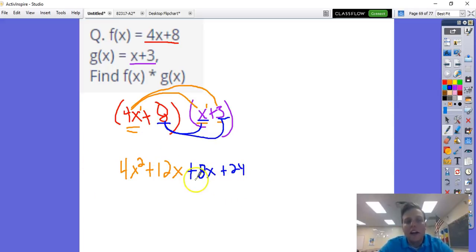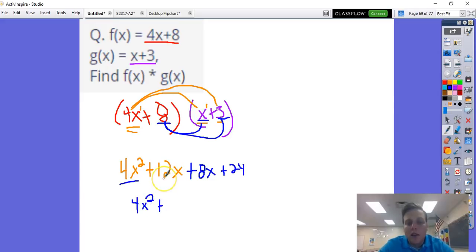All right, so look for any x squares. I have one right here. So this is 4x squared. Are there any other, listen very carefully, are there any other x squares other than this one? Well, that is just x, and that is just x. And this is 24. There's no x's involved at all. So that means there are no other like terms to 4x squared. So I'm going to write 4x squared